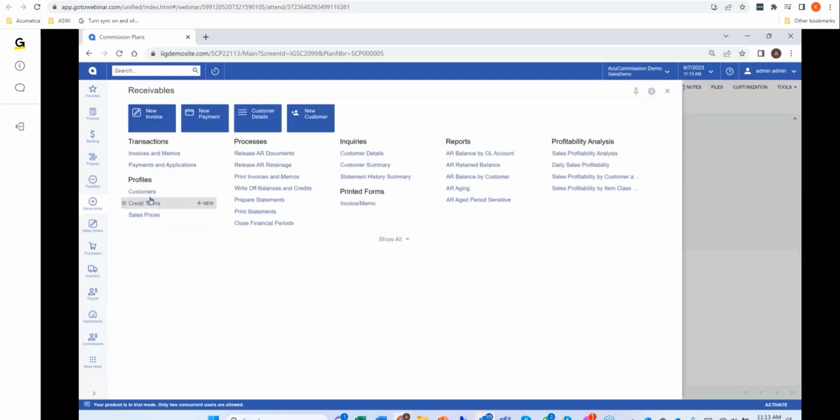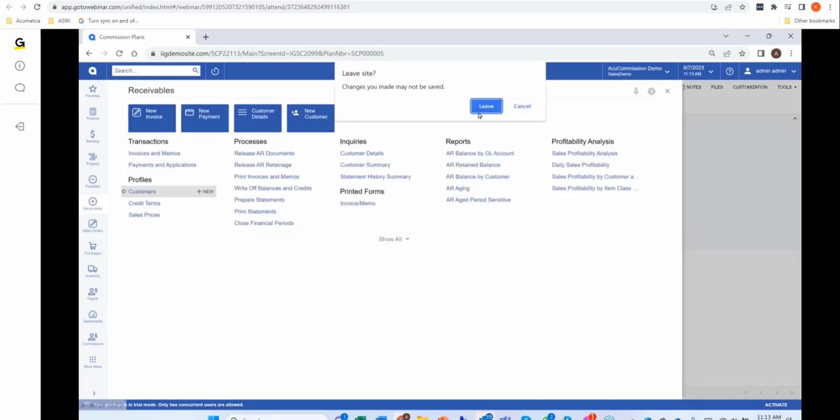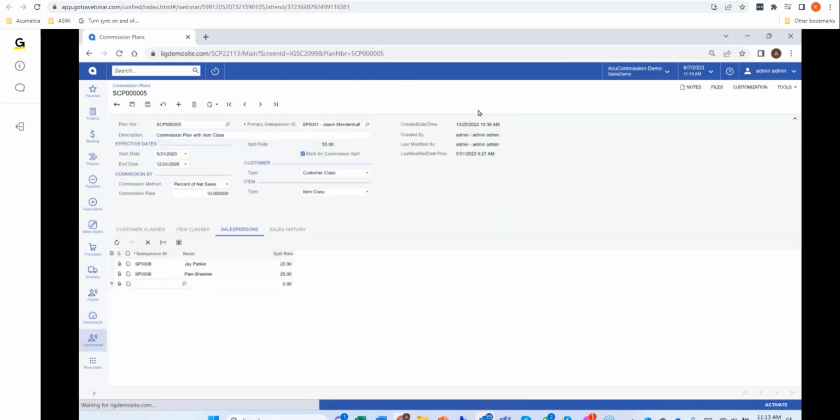Then this commission plan, again, is entered at the customer level, so the system knows